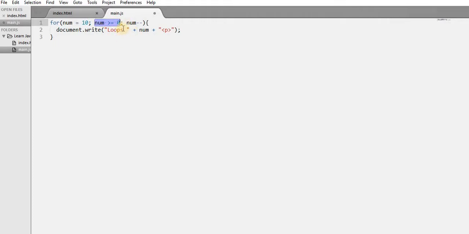Yeah, 9 is greater than 0. So it will now come here, and this statement here will decrease 9 by 1, and you now have 8, and this statement will help us to output 8 on the screen. And again it will go again and check the condition.